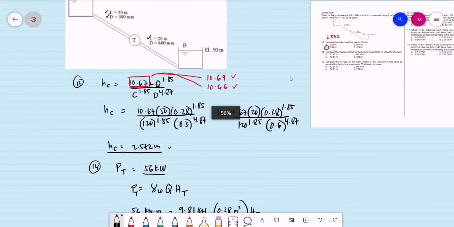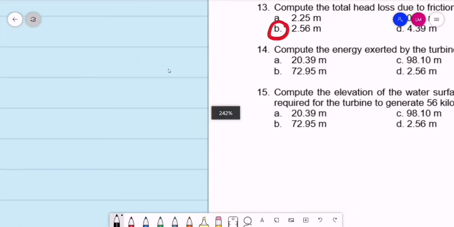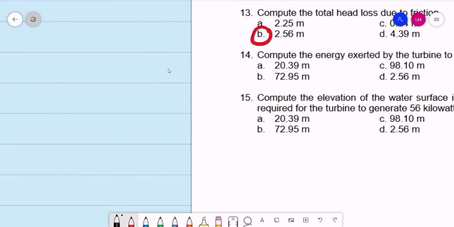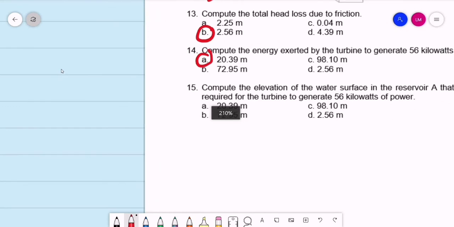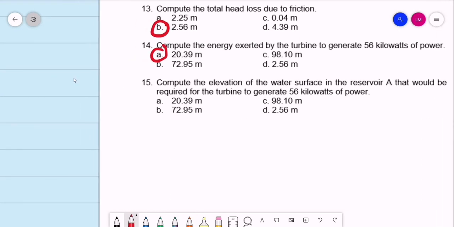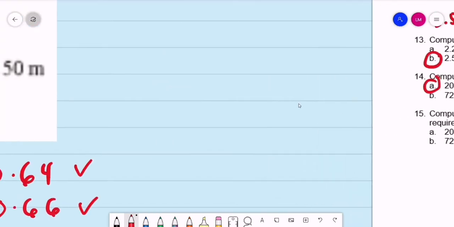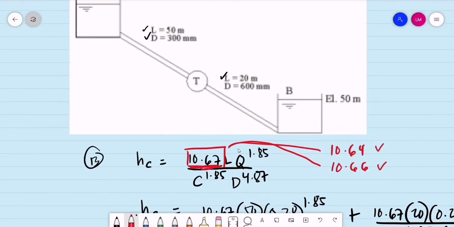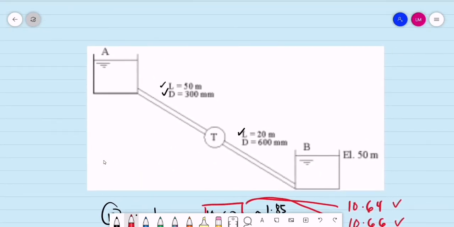Okay, check natin sa choices. Number 14. Okay, closest value is 20.39 meters. Letter A. Number 15. So compute the elevation of the water surface in reservoir A that would require the turbine to generate 56 kilowatts of power. So sa reservoir analysis, ay alam natin na dapat yung difference in elevation from the source